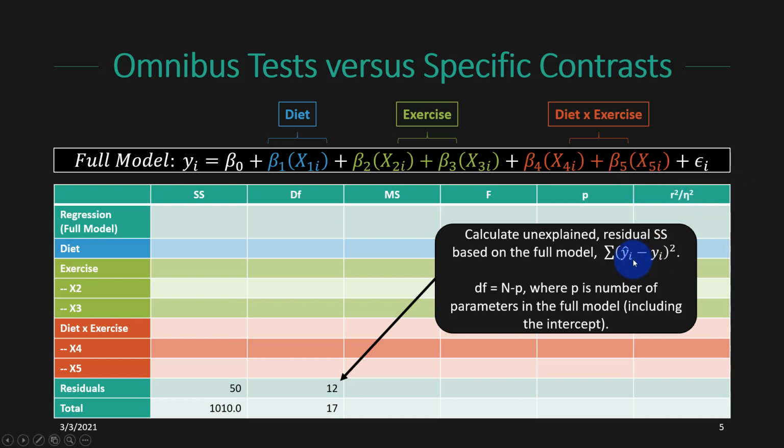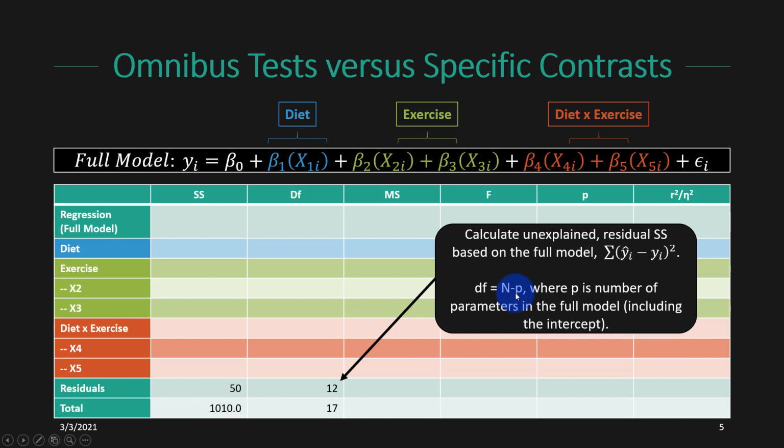And then we would say, how far off of your actual Y value was our prediction? We'll square that difference and get the sum. And then that will tell us, after accounting for everything in the model, how far off was our prediction. So in this case, we happen to have a sum of squared errors of 50 for the residuals, and we have a degrees of freedom of 12 here, where again the degrees of freedom are n minus the number of